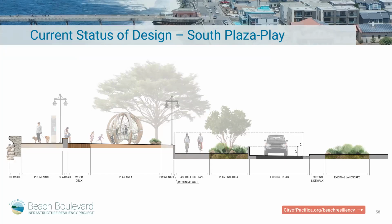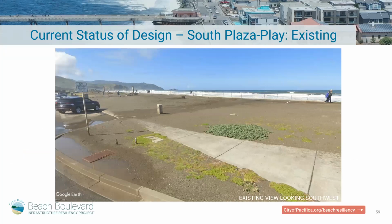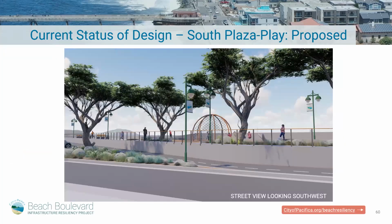Looking at it from an existing street level view, you can see how it is right now. I'm sure most of you are very familiar with this area. That seawall's further out. And then on the next slide, you can see how we are pulling that seawall in, but in doing so, we're raising it and providing this obstructed view at the road level. If we go to the next slide,